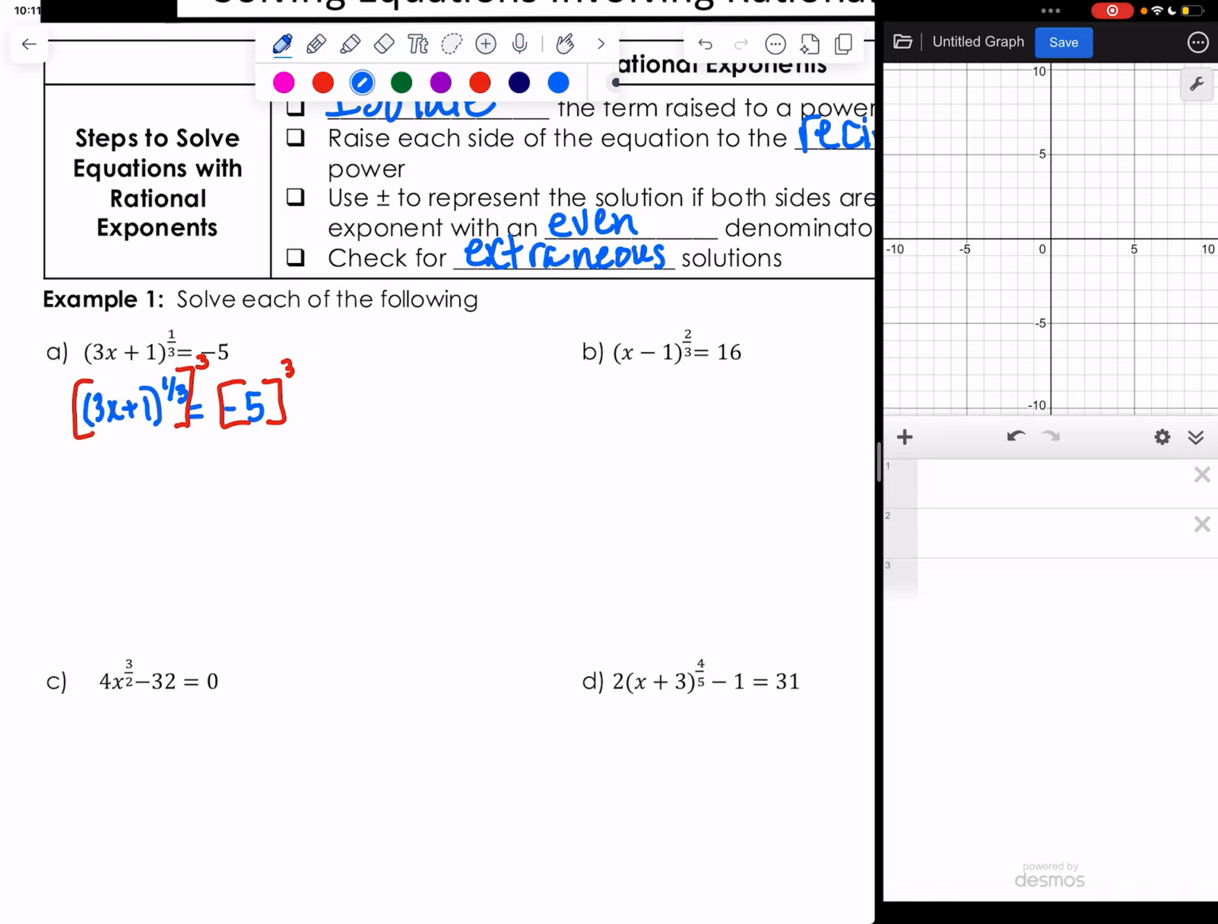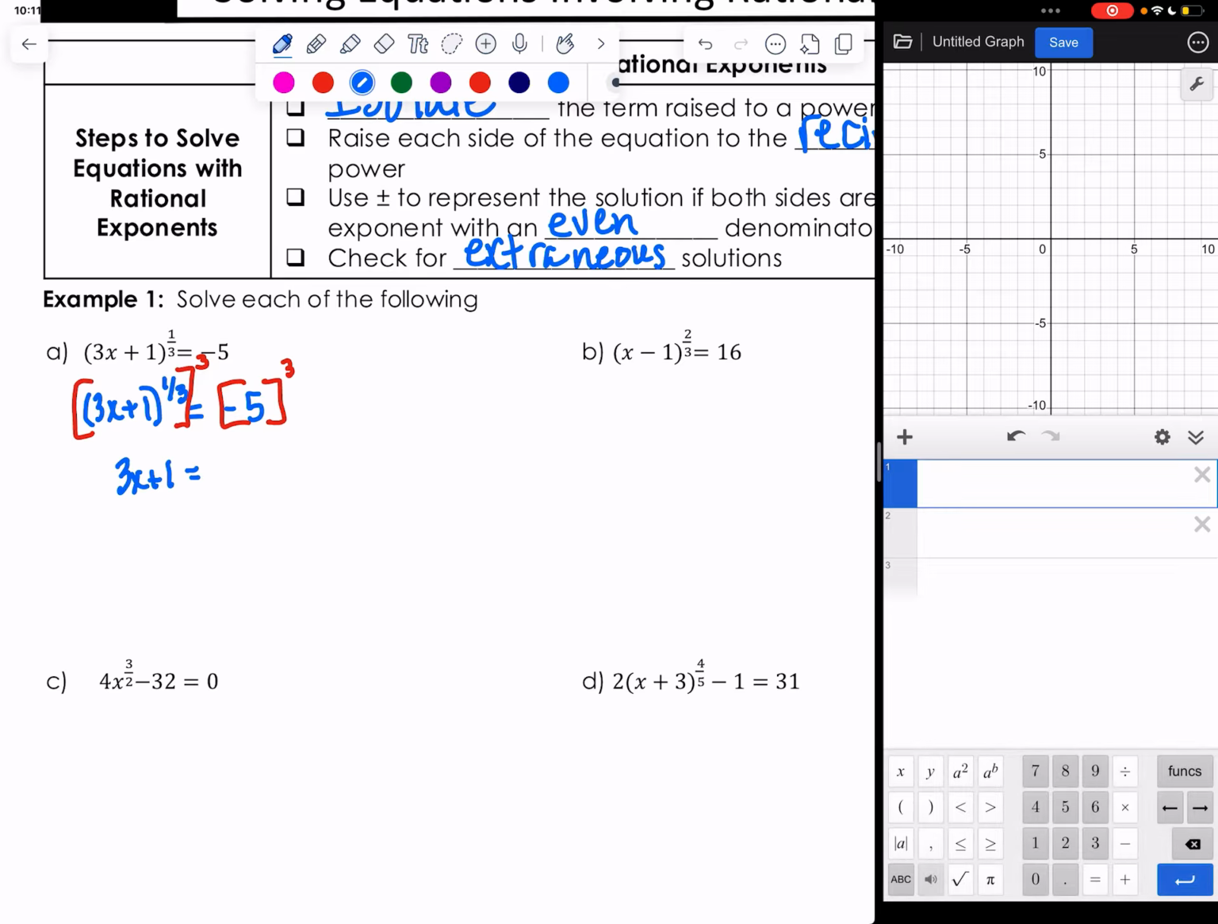So when I do that, 1/3 raised to the 3 power is just 1. So this would be 3x plus 1. You might want to use your calculator to evaluate this one, and definitely use parentheses. -5 raised to the 3rd power. That's equal to -125. Now, once you do that, I hope you can see that you have a simple 2-step equation like you probably learned in 7th grade. So we're just going to get the x by itself by subtracting 1 and then dividing by 3. So when I subtract 1, I get 3x equals -126, and then divide by 3. -126 divided by 3 gives me